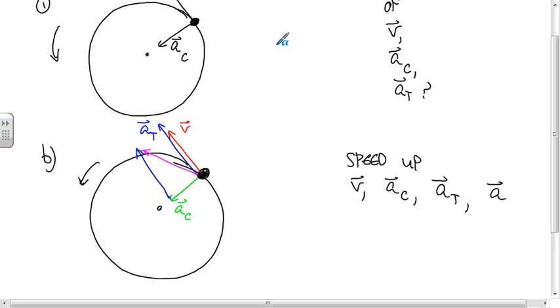How would we actually show the answer for acceleration? Well, I just want you to recognize that. So this isn't something that'll be on the test. This is just something that can help you with problems because all of these directions you need to come up with from your knowledge of how this stuff works. But if I did ask a question like this, I would just want you to recognize that what you're doing to get the total acceleration is adding up the tangential and the centripetal to get the total. Any other questions?